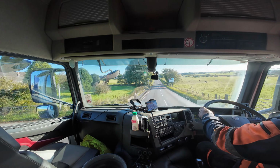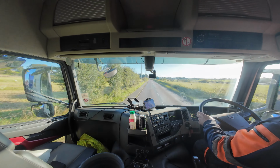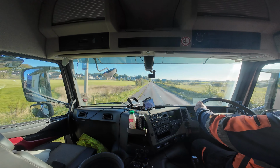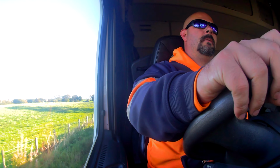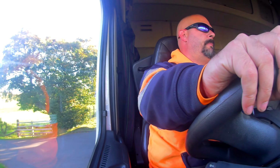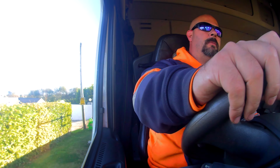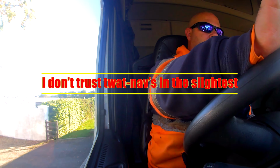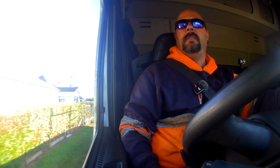I'm slowing down. These signs always panic you. Anyway, I will pick these up again shortly. We're on the north side now. Have you got somewhere to pull in? Oh, you have. The Sat-Nav's just crying its eyes out about a 13-ton weight limit again. They've labelled the whole road as a 13-ton weight limit, but obviously you need access to the farm, so...